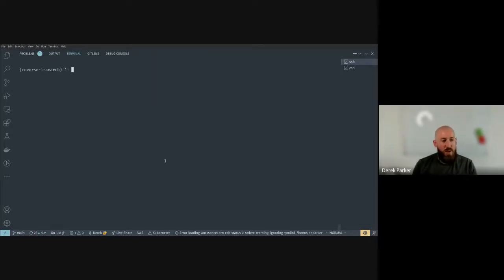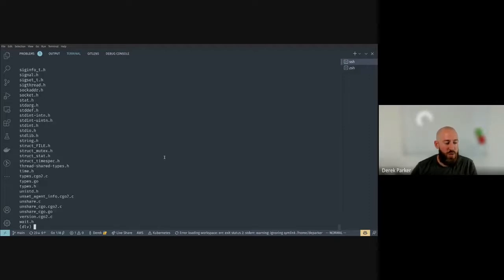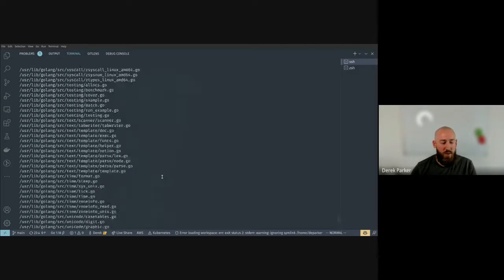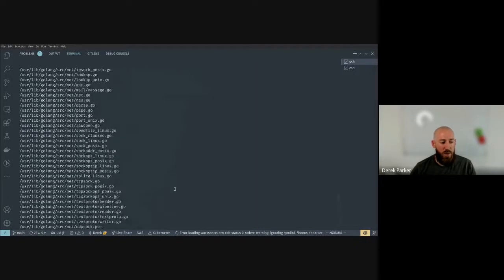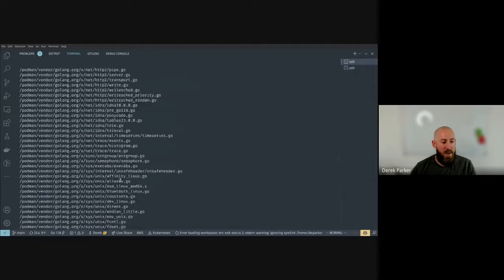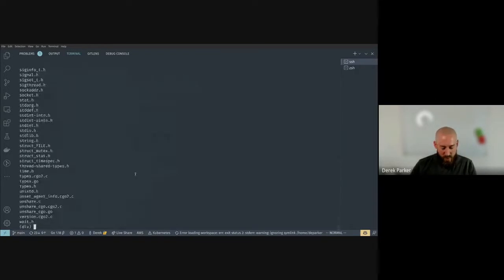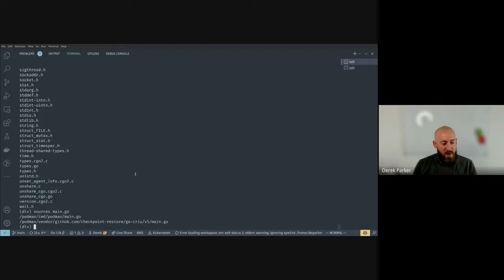But let me show something real quick that might help illustrate this point. When you start a debug session, you can do sources, which will show all of the source code that went into building your program, right? So here, my GOROOT is /usr/lib/golang, and if I do sources main.go or something like that, you have /podman/command/podman/main.go, and it's like that because this has been